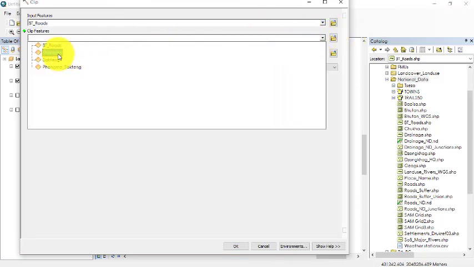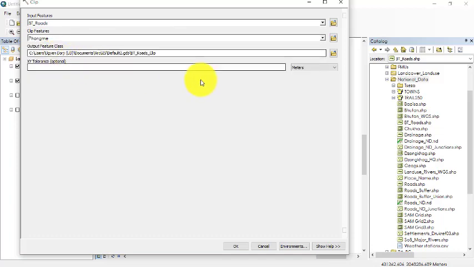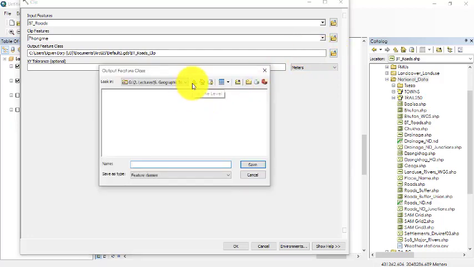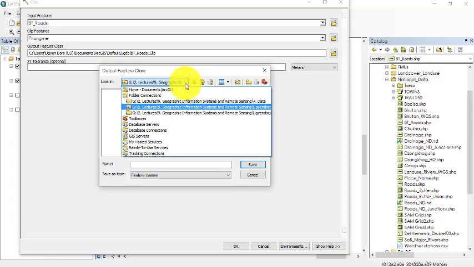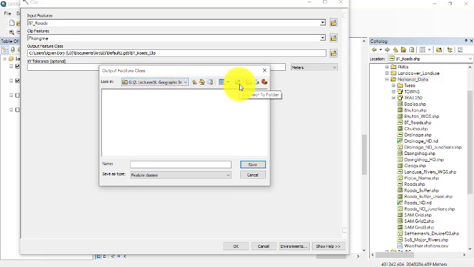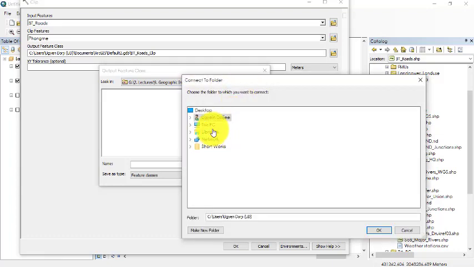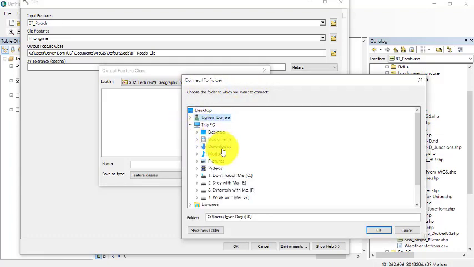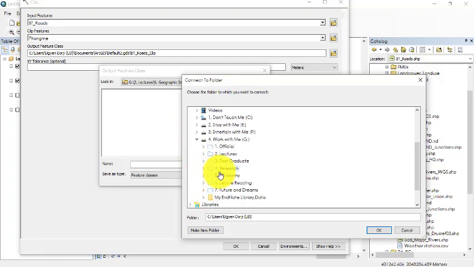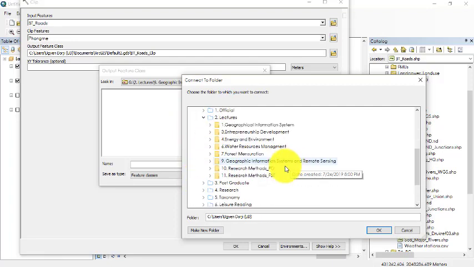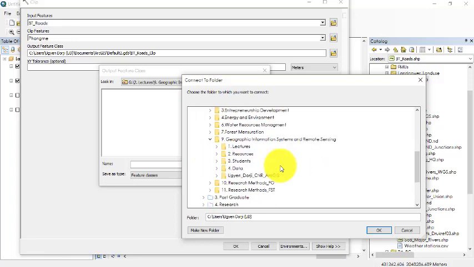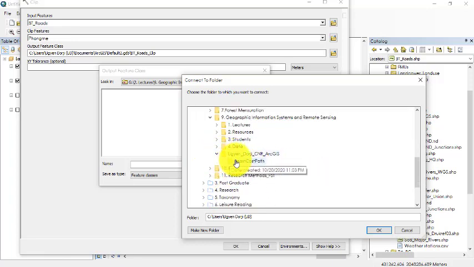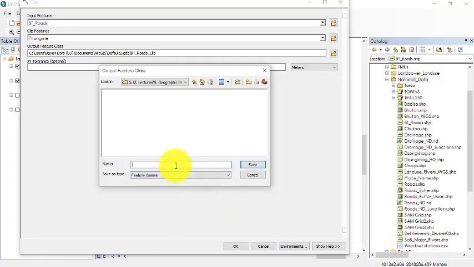And clip feature is Phongme, and this time I'd like to save my output feature class in a folder which I have to connect to, and since I have not connected, I have to connect the folder. It's in working lecture. So here, I'd like to connect this one so that I can save it in this course path, and I would like to save it as